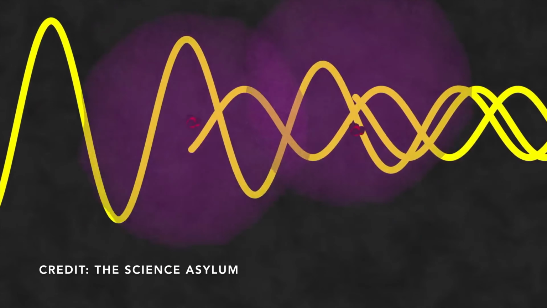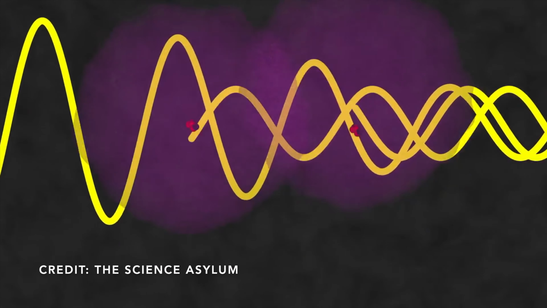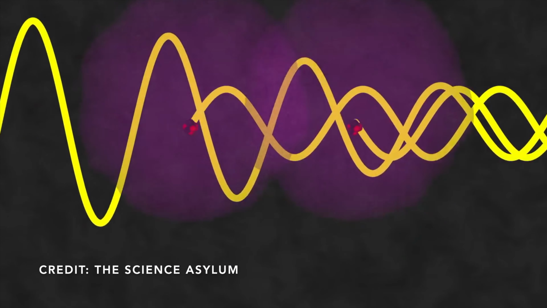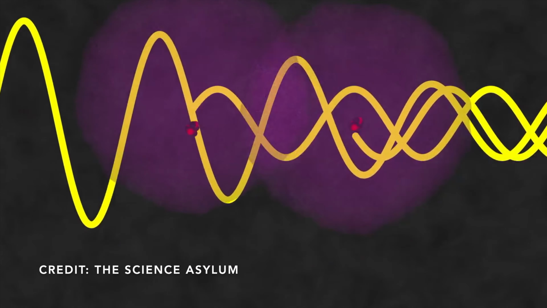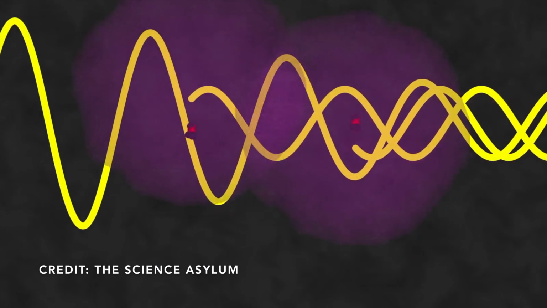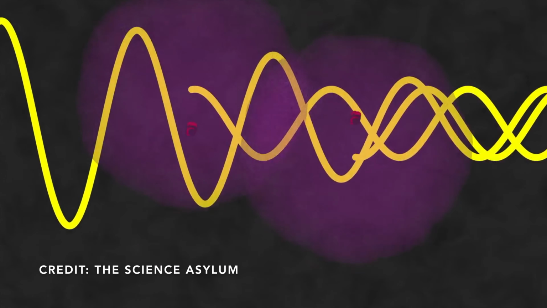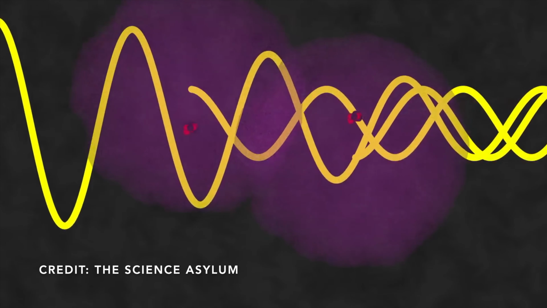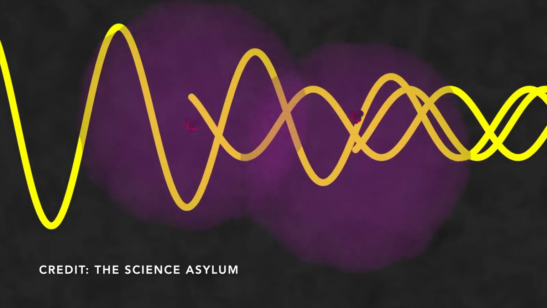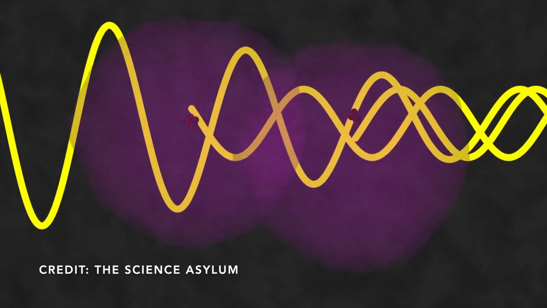The electron will vibrate at the same rate that the electric field does, and so the color of light scattered will be the same as the color of light that passes near it. What makes the difference, however, is how much the electron vibrates. The more the electron vibrates, the brighter the light.